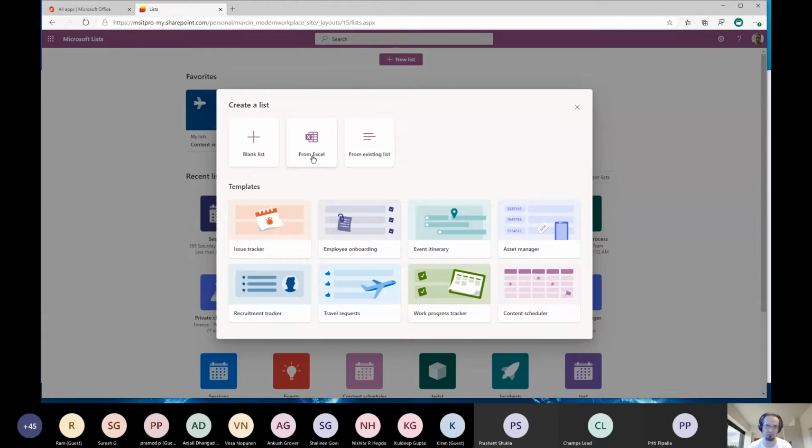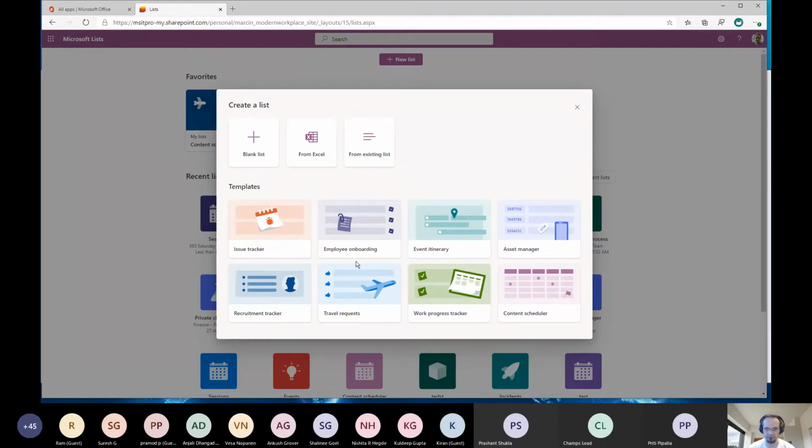It's great if we want to move our Excel file with data to a list and we don't want to do it manually. It's a great option to make it a quick and easy process. And we can use an existing list if we want to make a copy or use a similar list. So using an existing list, we will create a copy with all of the formatting options, columns, fields, etc., and views. And it's very cool, we can use templates for our list.